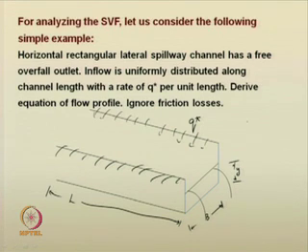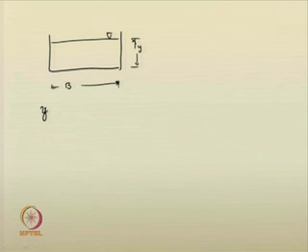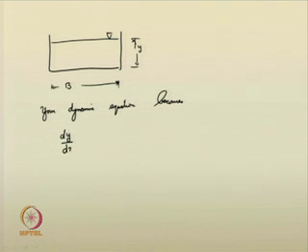So, what does that mean? To ignore friction losses means you are considering S_f is equal to 0. Another criterion given is this is a horizontal rectangular channel. So, that means your bed slope S_0 is also equal to 0. Therefore, your dynamic equation now becomes dy/dx is equal to, with both S_0 and S_f being 0,